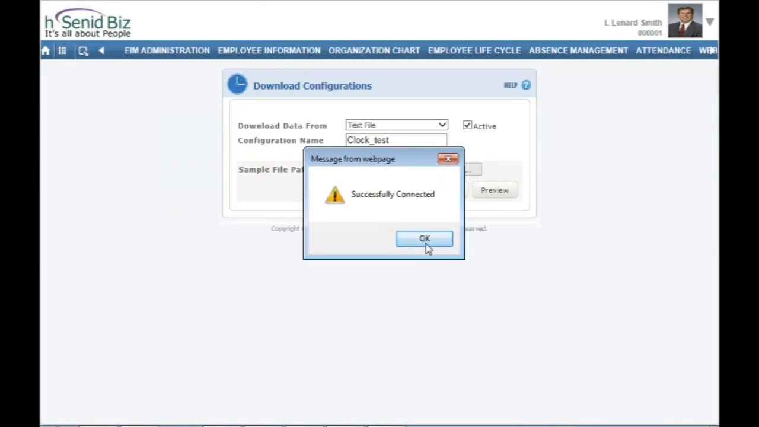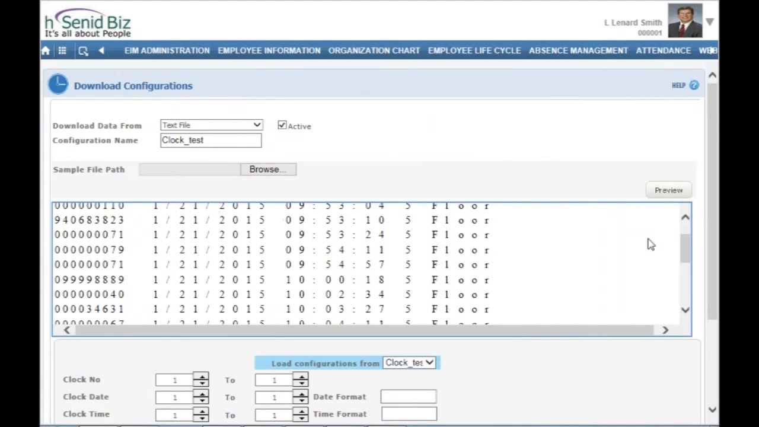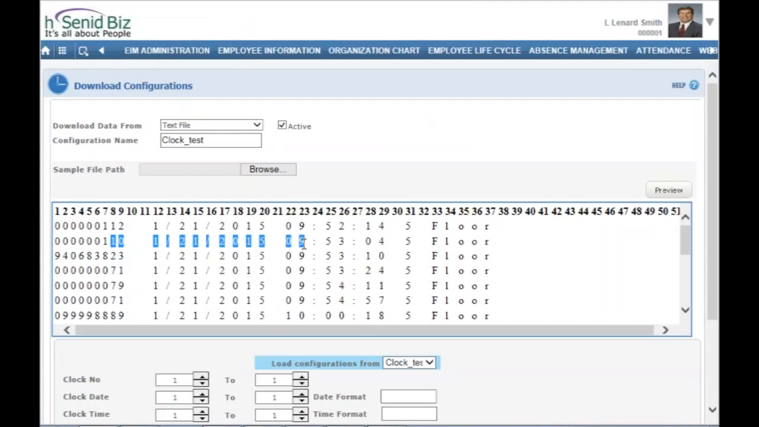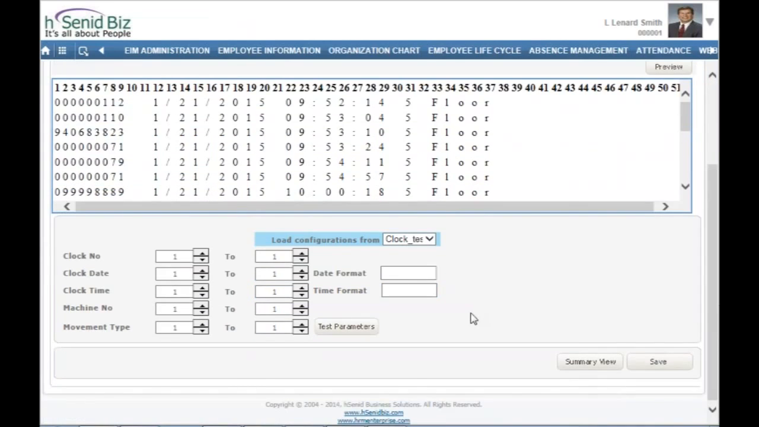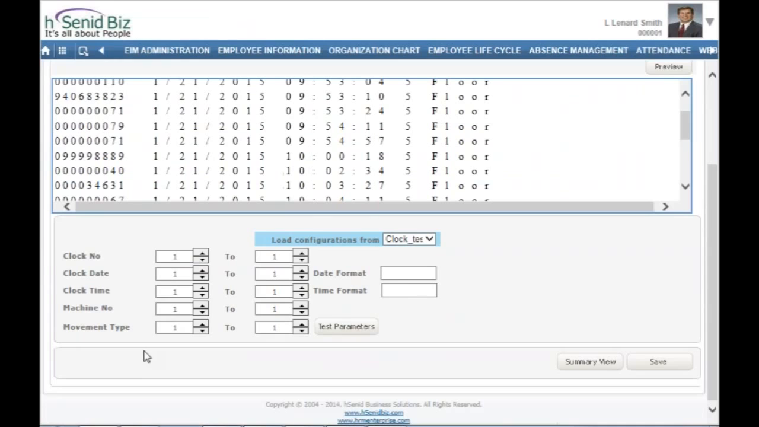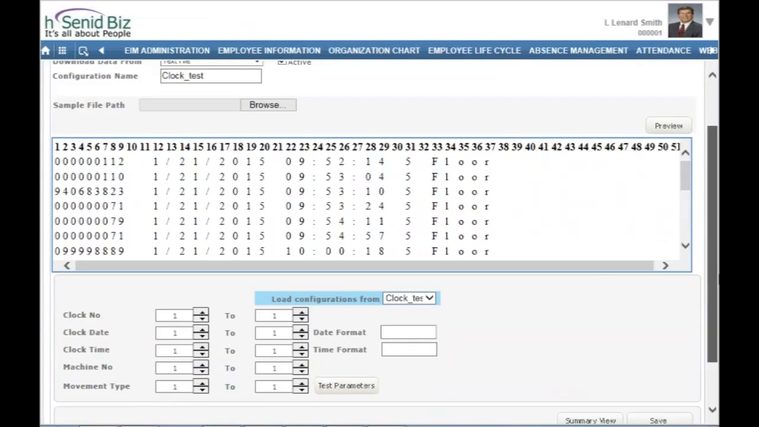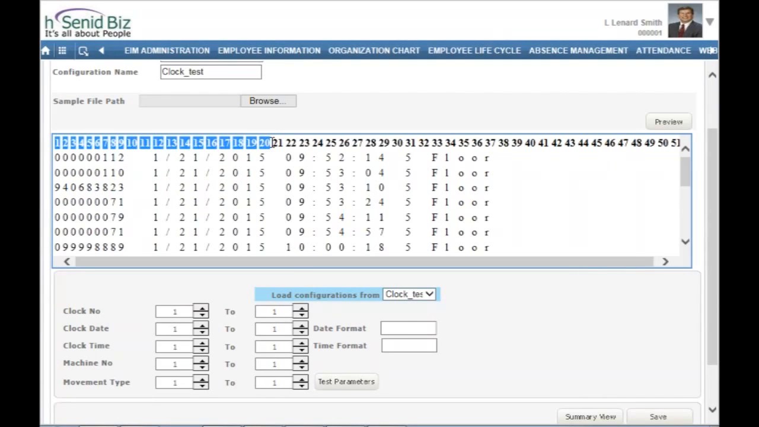The data file will be connected to the system, then you can click on OK. It will show the values in that file in here. So now what you have to do is, clock number means the barcode number, this number, and here you have the character locations. So you will tell the system to read the barcode number from location 1 to location 9,